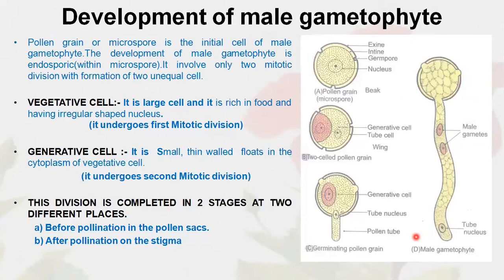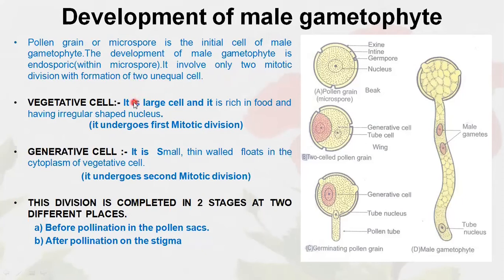See in the next diagram how the development of the male gametophyte forms. This is the pollen grain, which has exine, intine layer, germ pore. 3 germ pores are there, so it is known as triporate. It has a nucleus. Now, how will we get the male gametophyte from this? The development of the male gametophyte is endosporic, meaning inside the microspore. It involves only 2 mitotic divisions